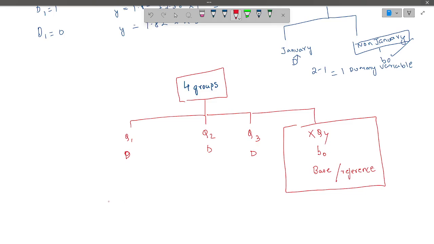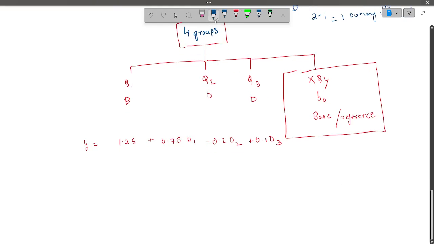Okay, so let me say my regression equation is this: y equals 1.25 plus 0.75 d1 minus 0.2 d2 plus 0.1 d3, right? So equation is of this form. So understand this, d1 equals 1 for q1. For all other quarters, d1 is 0,